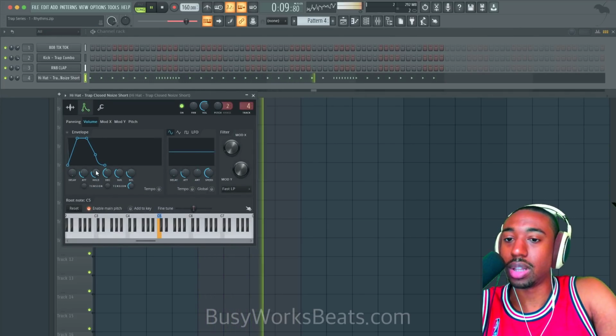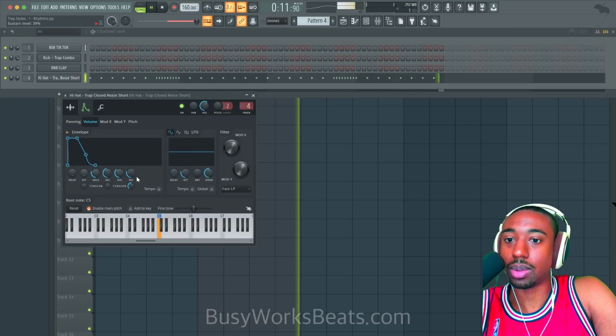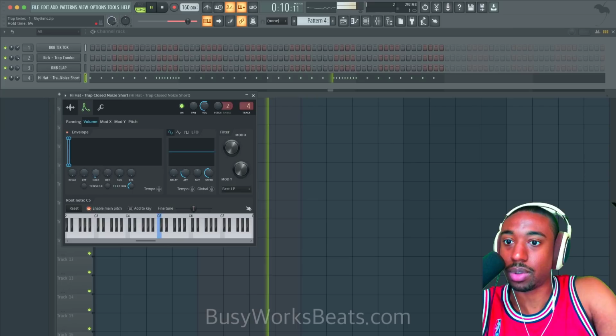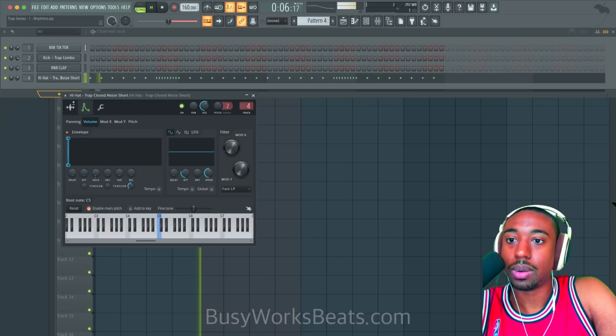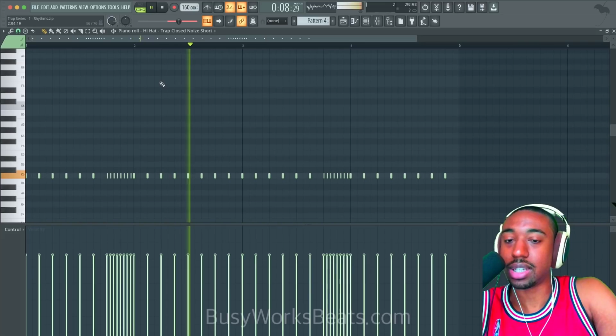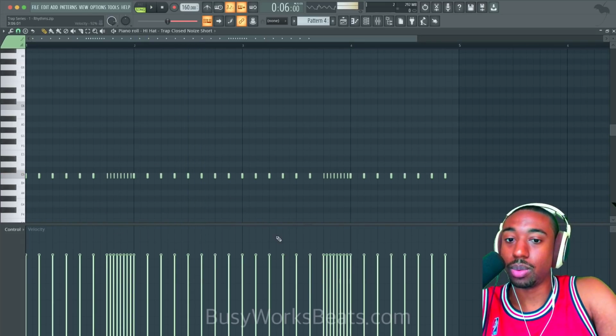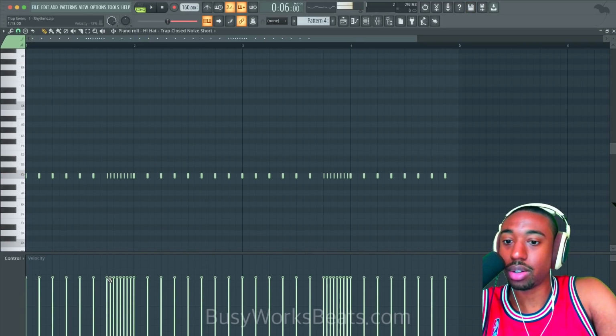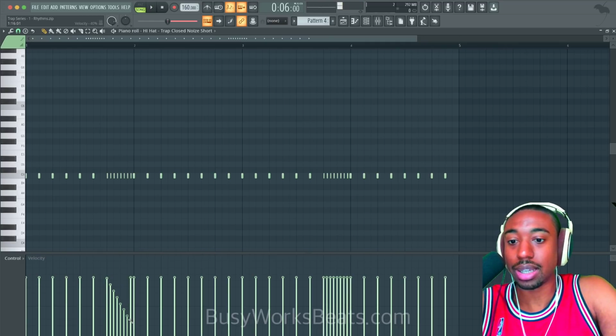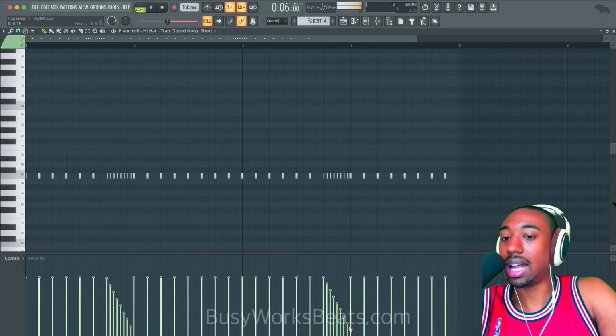Okay, you could do more to the envelopes. I don't want to bore you to death with all the little nuances, but you could make the hi-hats even shorter with this volume envelope. So it cuts off the tails. Now, in this case, since it already has that lasery sound, you would do things like maybe right click and create a fade for the velocity this time. Velocity is analogous to volume.